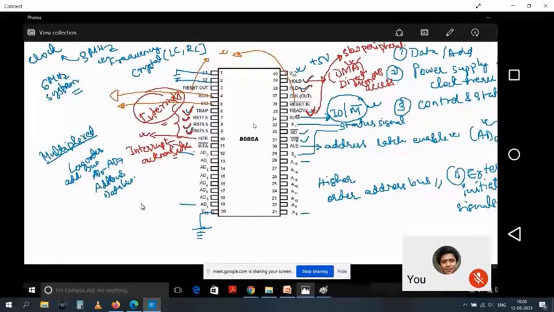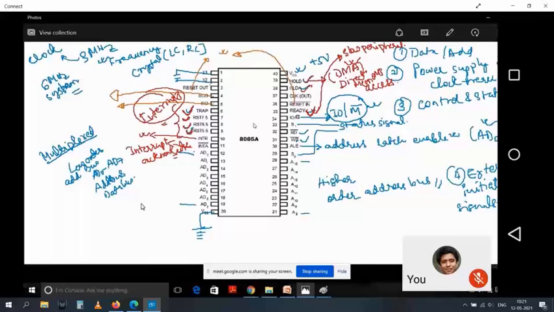We had a ready signal, used when the peripherals are slow. If the peripheral is slow and needs more time to prepare itself or to do the assigned task, then after it has completed the task and wants to communicate with the microprocessor unit again, it will let the microprocessor know with a ready signal that I'm ready with my job, and now you have to take the result of my job. So the ready signal tells the microprocessor that I am done and ready to take the next instruction.